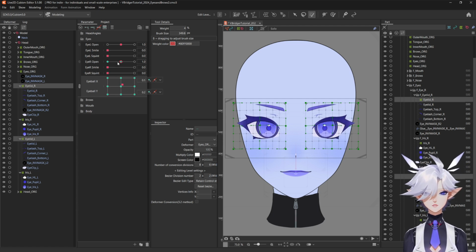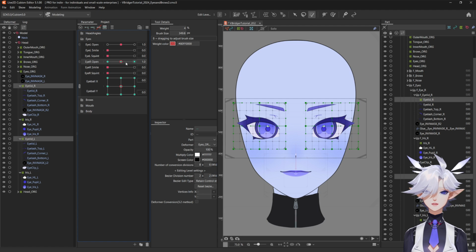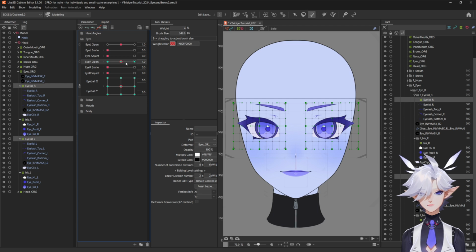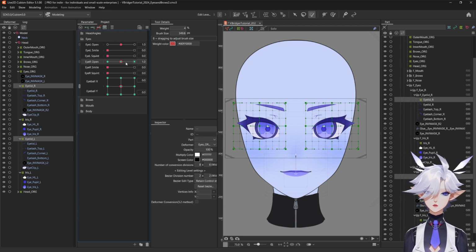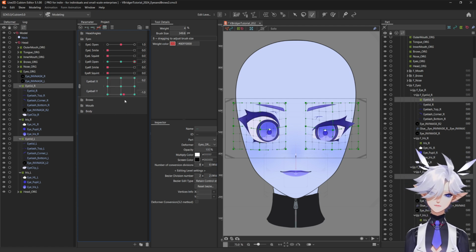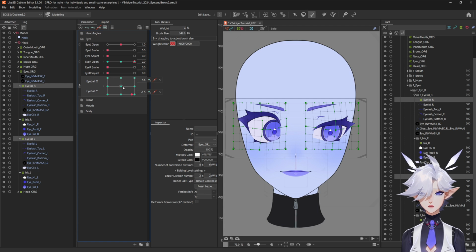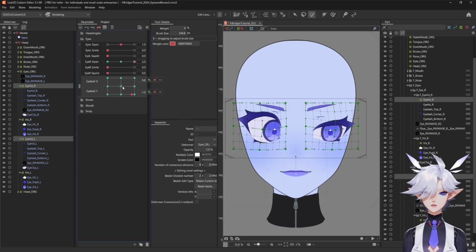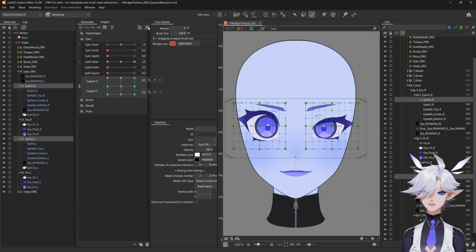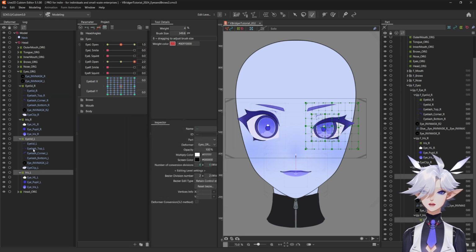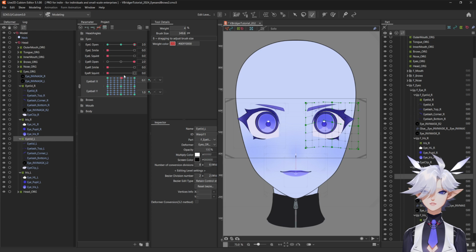Once I'm happy with the eyelid motion on eyeball XY, I will then add the key to EyeOpen 2. When you add a key that is missing, like I did for 2, it'll just copy whatever the motion was on the closest key. So because the key on 1 is closest to the end key that is missing, our new key on the end will have the same deformation as whatever is happening on key 1. This means that I don't need to copy all 8 custom deformation keys from EyeOpen at 1 to EyeOpen at 2. To finish these up, I'm adding extended interpolation and splitting the left from right, and I'll just go through